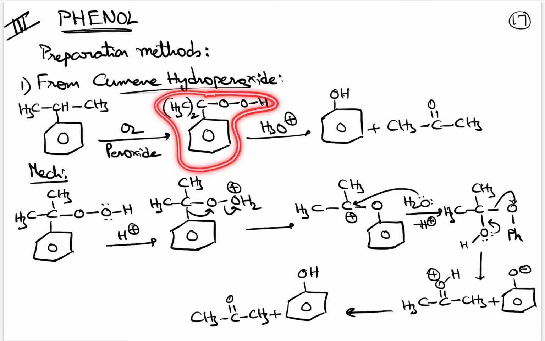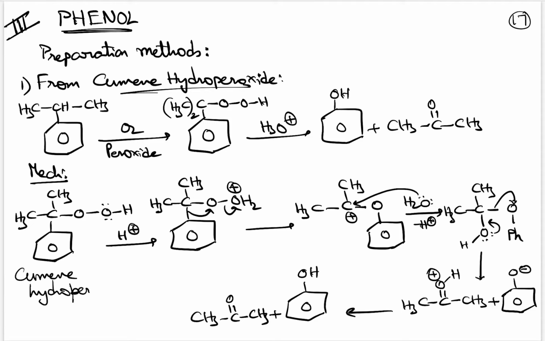After you come to cumene hydroperoxide, on addition of a little amount of acid, H plus ions, first this OH group gets protonated and forms OH2 plus, but on oxygen positive charge is unstable, so it will take the bonded pair of electrons and goes out as a water molecule. And once it is going as a water molecule, this oxygen will become electron deficient. It will have only 6 electrons. So for a more electronegative atom to become electron deficient is highly unfavorable.